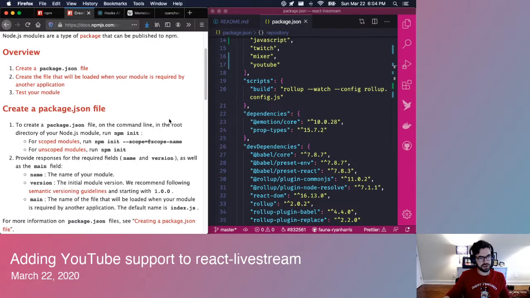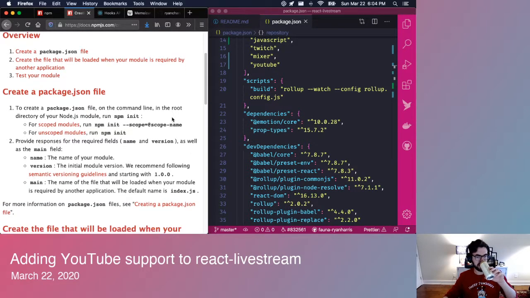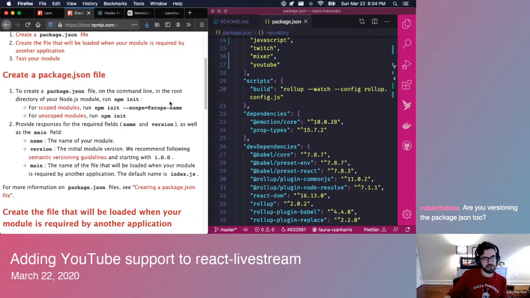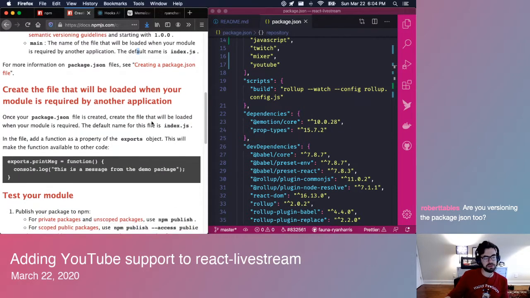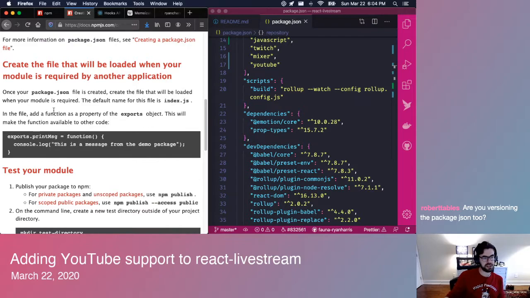Okay, here we go. So create a package JSON, which we did. Provide responses for the required fields, so name, version, main, the name of the file that will be loaded in your module. The default name is index.js. Create the file that will be loaded when your module is required by another application. Once your package JSON file is created,